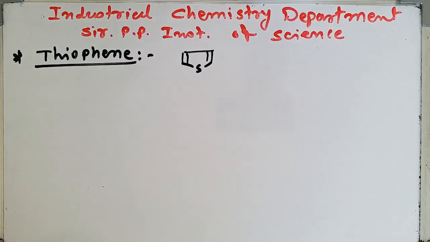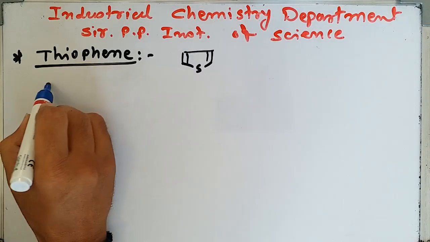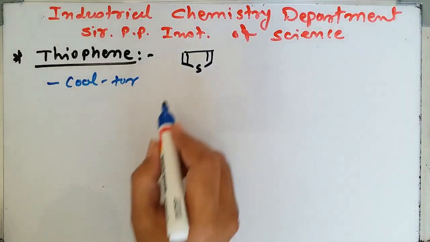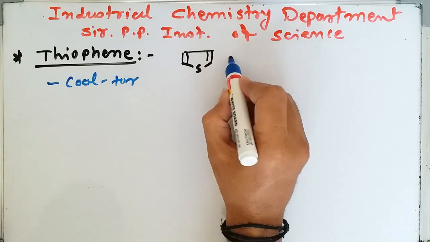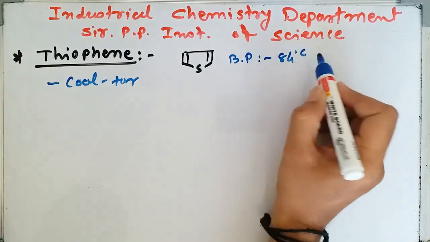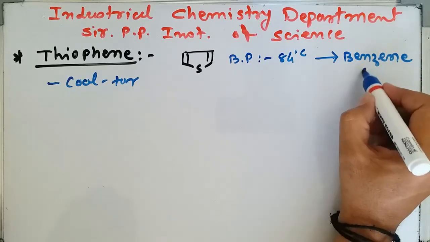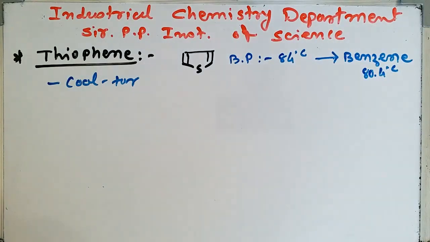Thiophene is present in coal tar along with benzene and shale oil, due to the closeness of its boiling point with that of benzene. The boiling point of thiophene is 84 degrees Celsius, and the boiling point of benzene is 80.04 degrees Celsius. So due to the closeness of boiling points, the two cannot be separated by distillation,